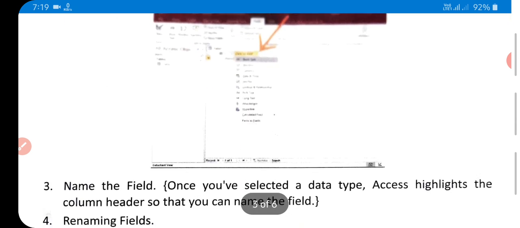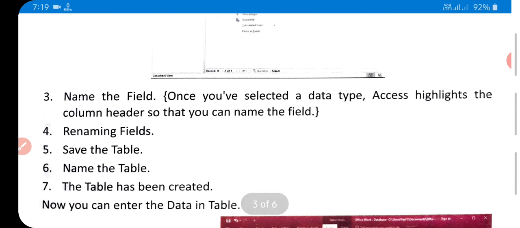So students, for this double click the Table button on the Create tab. Click to add a new field, and name the field. Once you have selected the data type, Access highlights the column header so that you can name the field.